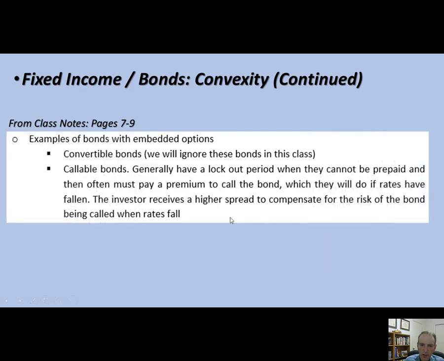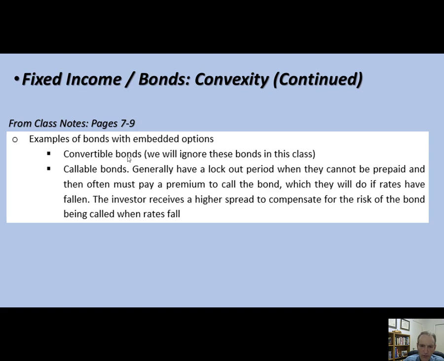Let's get a little bit more into it. There are convertible bonds as well. I'm going to entirely ignore convertible bonds. My guess is the fixed income class that we now have, which is a class I highly recommend finance students take, will probably spend some time on convertible bonds. I don't have experience with convertible bonds. We never did them at UTSA. They're quite complex. There is a really interesting strategy called convertible bond arbitrage that hedge funds do, and we'll talk a little bit about that a bit later.